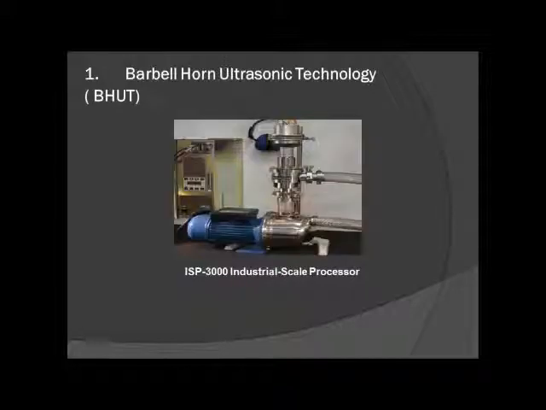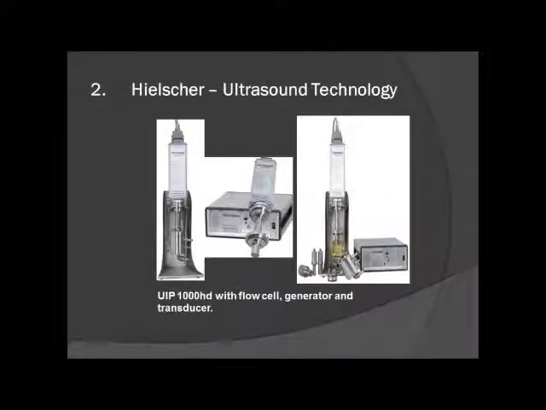The ISP 3000, the industry scale processor, is designed for high volume commercial production. The processor outputs up to 3000 watts of acoustic power into a working liquid and operates at a frequency of approximately 20 kHz. The second company is the